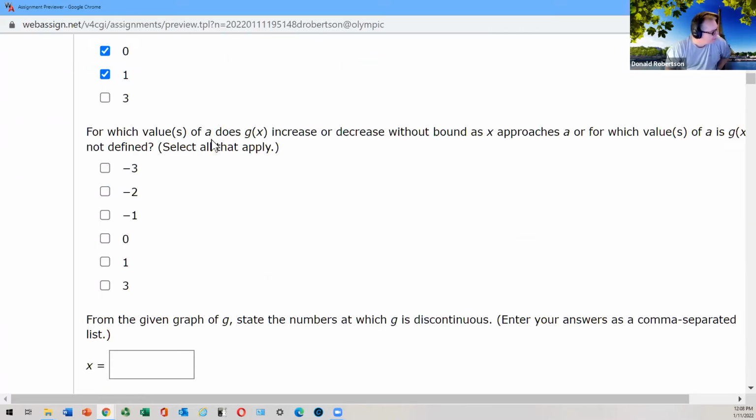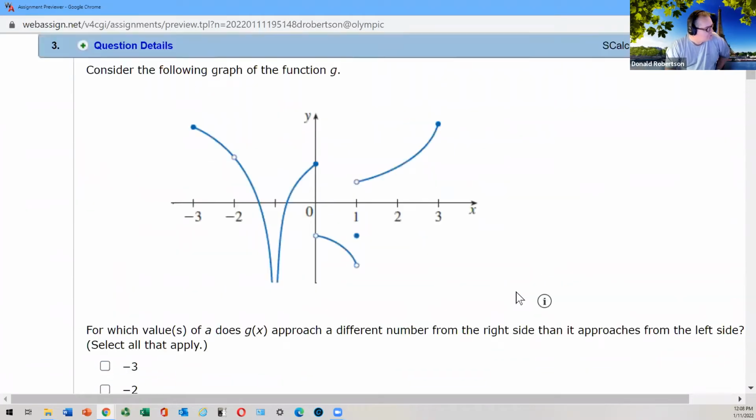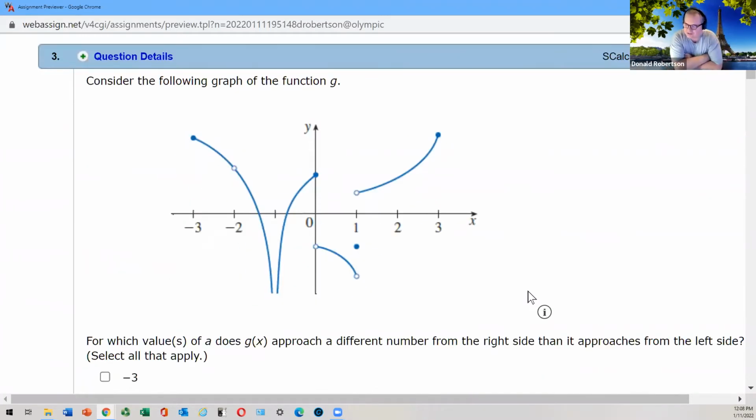Now, for which values of x belonging to this function increase or decrease without bound? Oh, there's a fancy way. What one are they talking about here? Increases or decreases without bound? Sounds like an old English story. -1, where it goes to -infinity. Right. See how they phrase that?